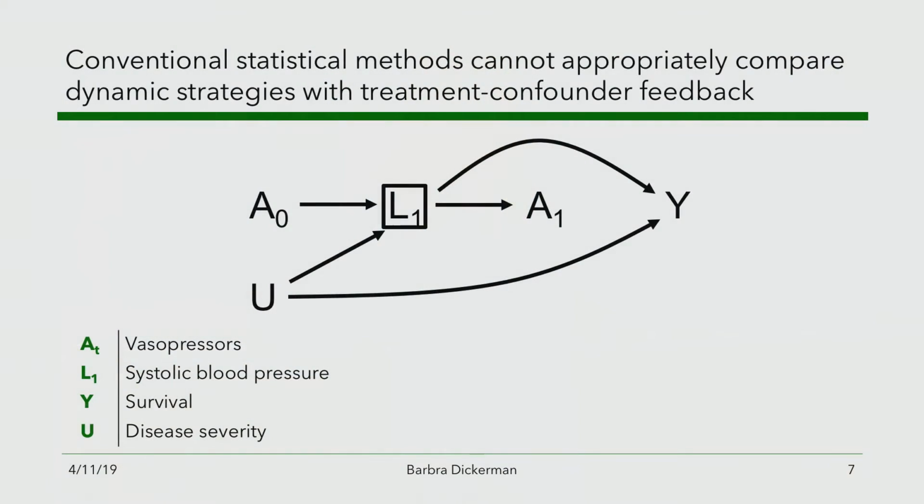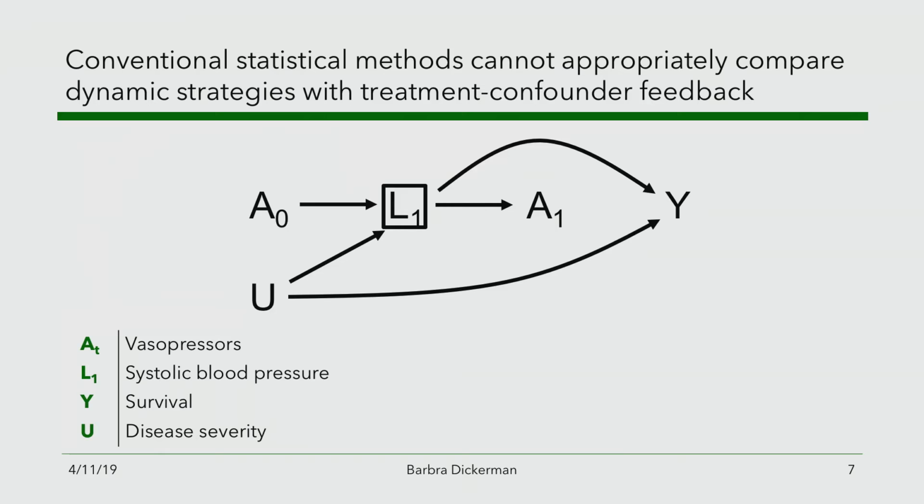So one problem deals with something called treatment confounder feedback, which you may have spoken about in this class. Conventional statistical methods cannot appropriately compare dynamic treatment strategies in the presence of treatment confounder feedback. This is when time-varying confounders are affected by previous treatment. If we ground this in a concrete example with this causal diagram, let's say we're interested in